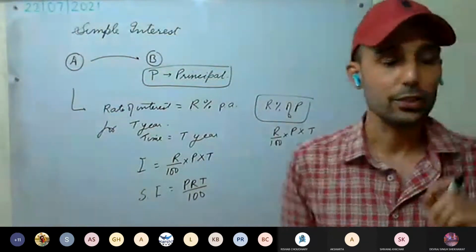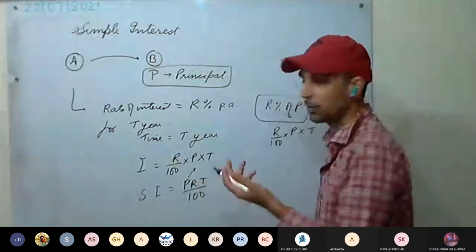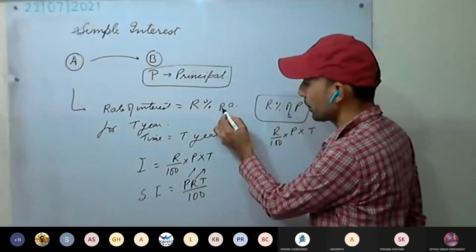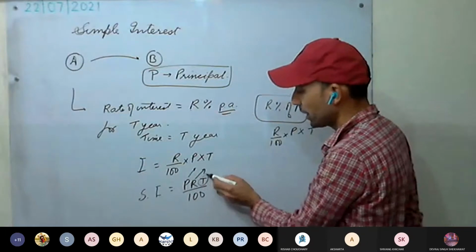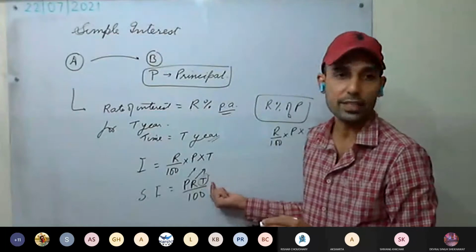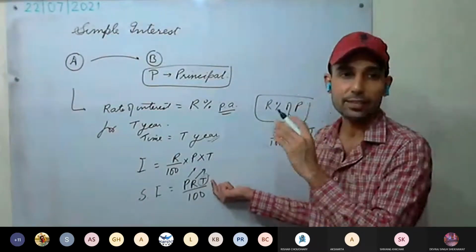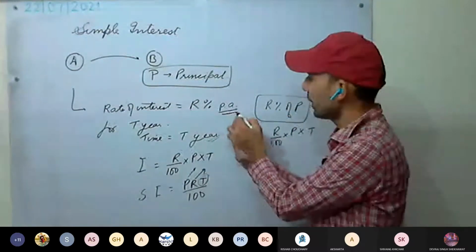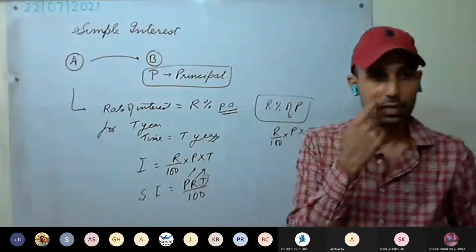So while doing the questions, we have to always take care of what? Principal, it will be in rupees. Rate you see R% per annum as well. Per annum is per year. It means time should be in years as well. If time is in months, convert it into years. If it is in days, convert it into years. If it is in decades, convert it into years. Time must be in years. Rate is per annum, per year it means. Time should be in years.